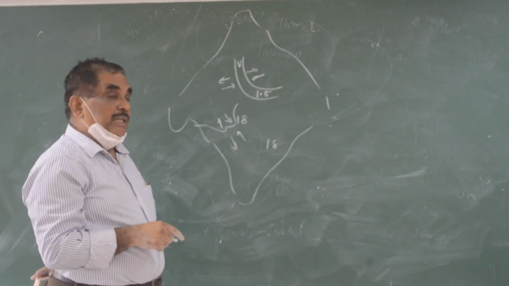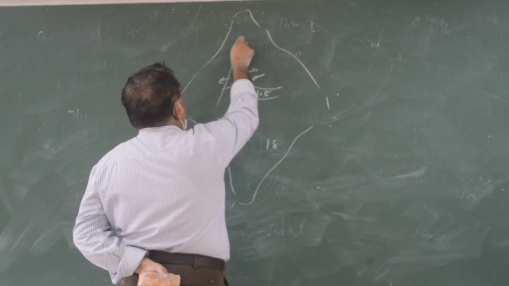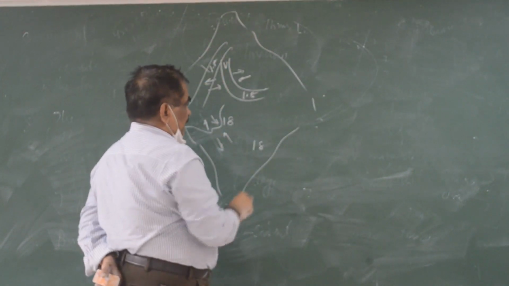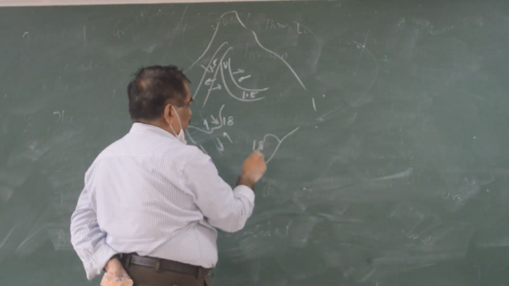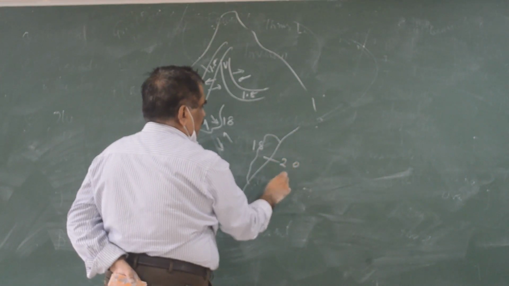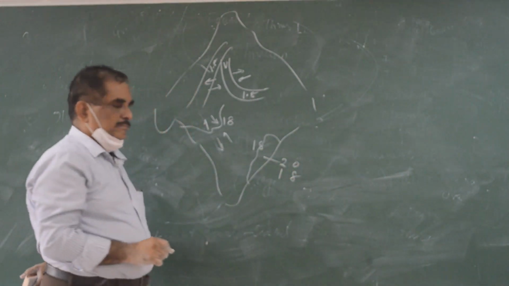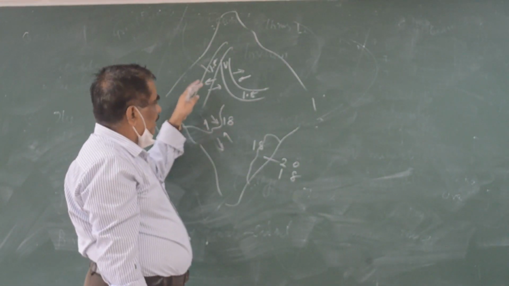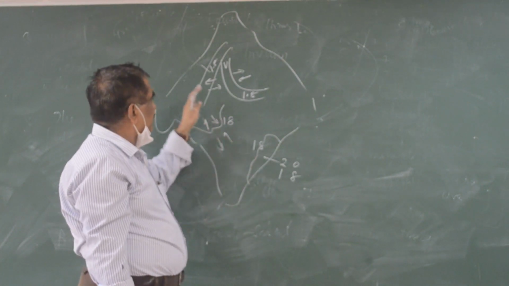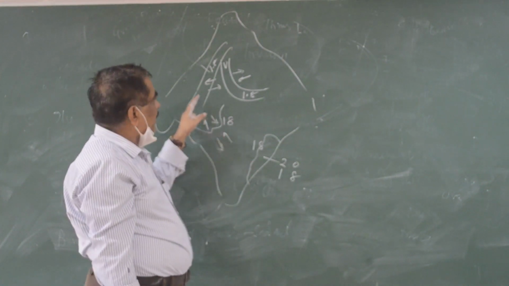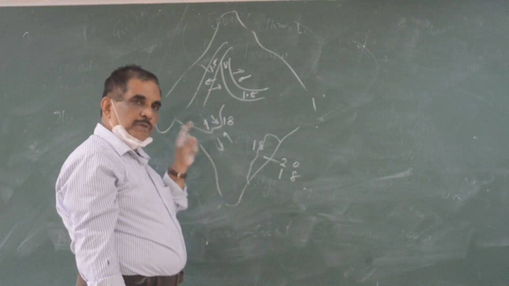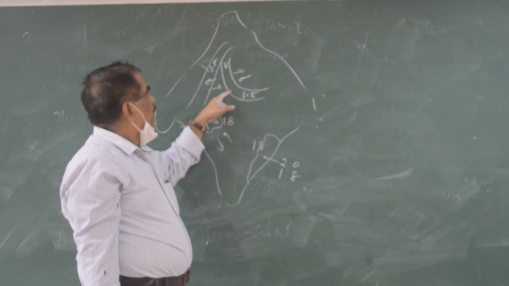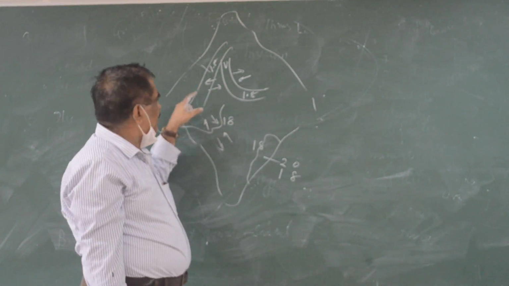Now this 1.8 billion years, what is the age of Aravalli? The Aravalli group or Aravalli supergroup is 1.8. Eastern Ghat, what are the Eastern Ghat sediments? We are somewhere around 2.1, 1.8. So when these mobile belts were having sediments in the oceanic basin, these are oceanic basins. At that time these cratonic basins were also in the process of formation. They were having granitic basements. But these mobile belts are not having granitic basements. These are oceanic basements.